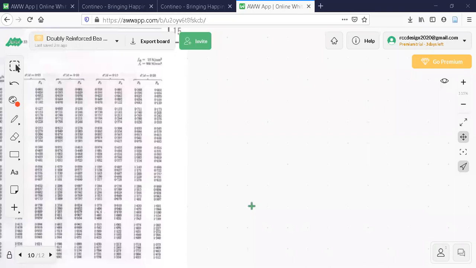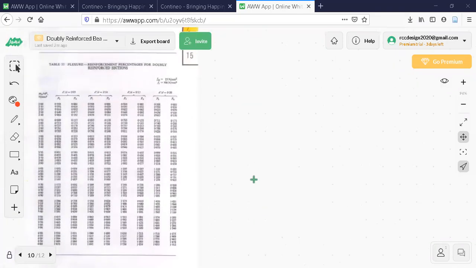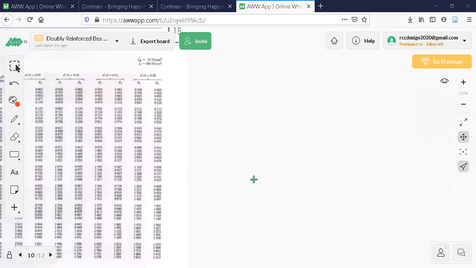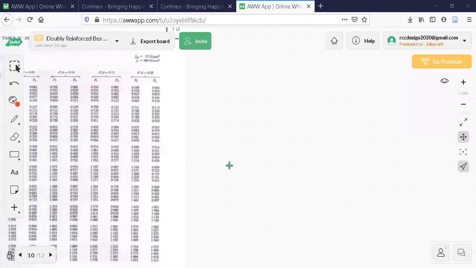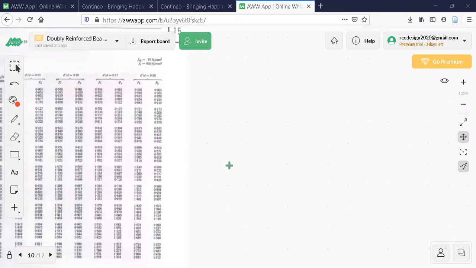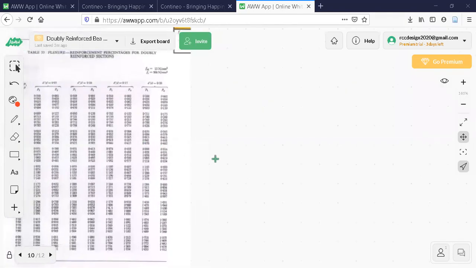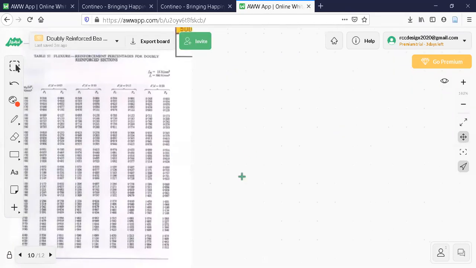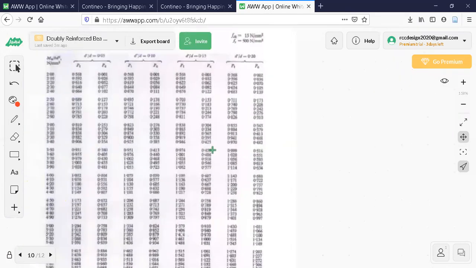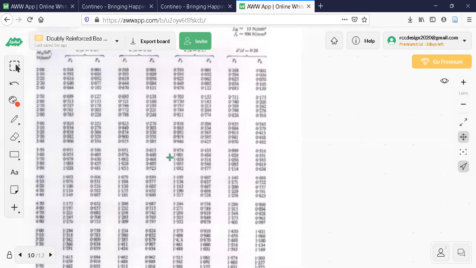So any questions here for this particular topic? In this way, you should use the table for singly reinforced design also, which I will show you later on. I already completed a singly reinforced beam design. I'll take that example again and calculate Mu by bd square. That is still easier than this, because you don't have to find pc and all in singly reinforced beams. Percentage compression will not be there, d dash by d will not be there. So there also you can use SP16 to find out the Ast value.